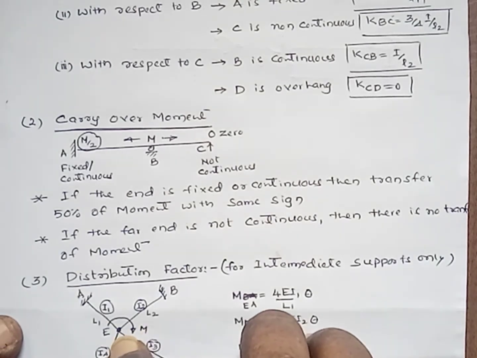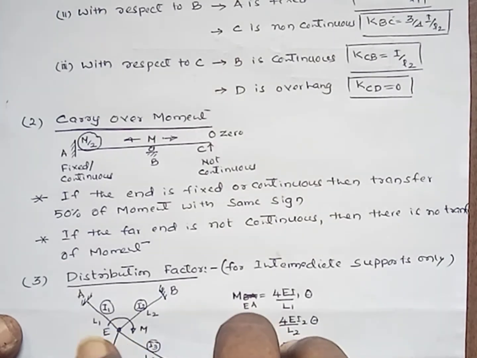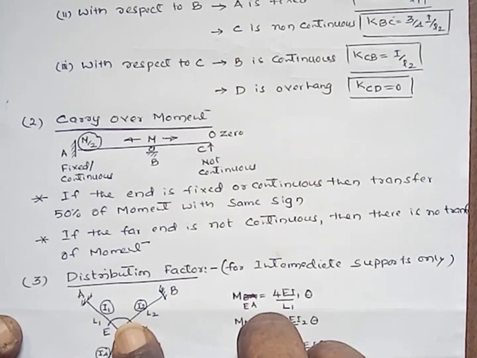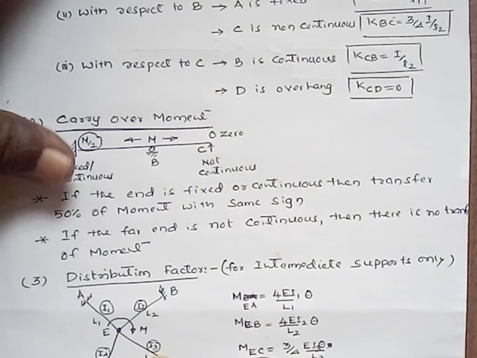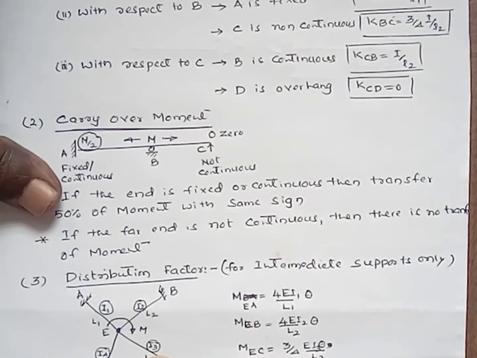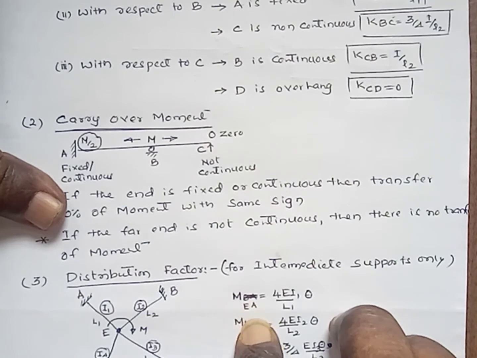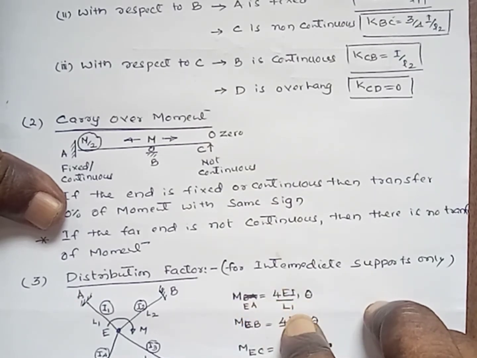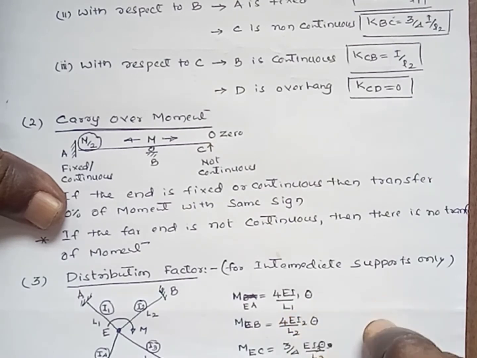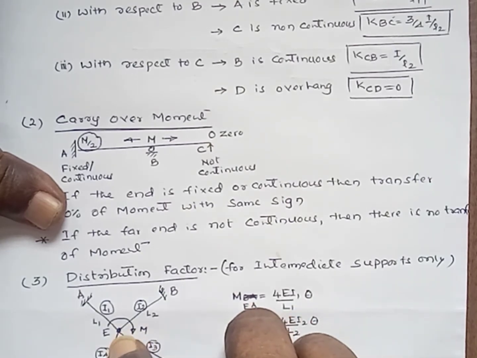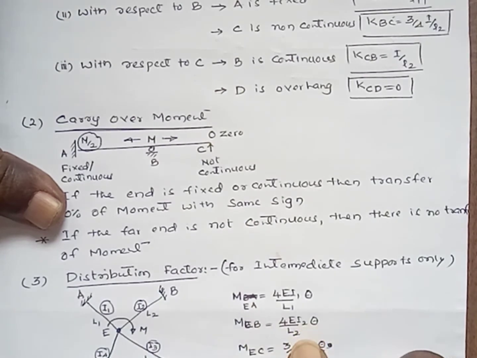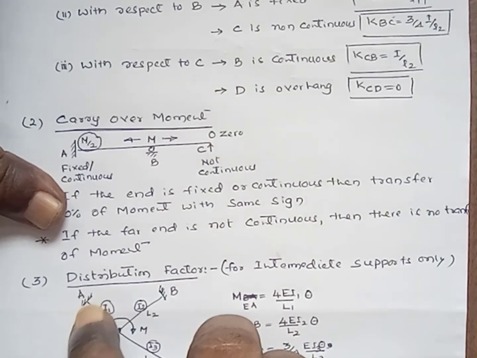Here in this example, E is one of the joints, it is subjected to a moment of M. Here first we have to calculate the relative stiffness value or the stiffness factor, that is MEA equals 4EI1 theta by L1. Similarly, for the second member, MEB equals 4EI2 theta by L2. Since these two are fixed,